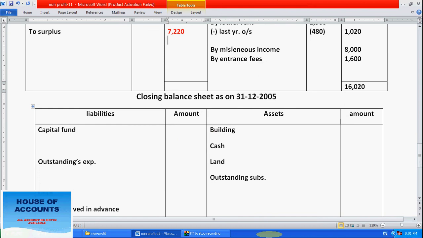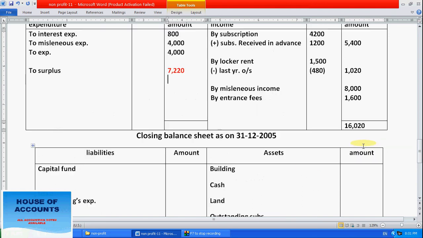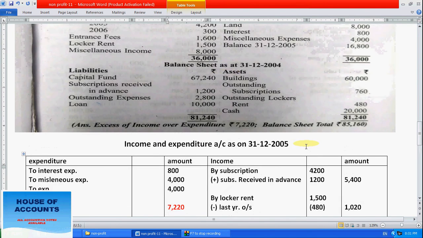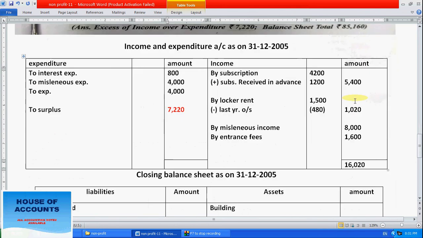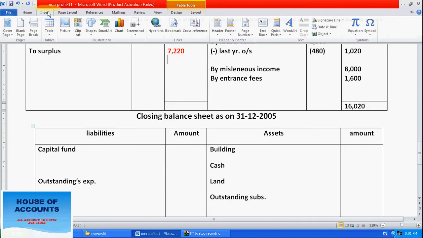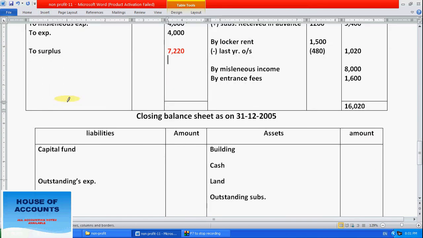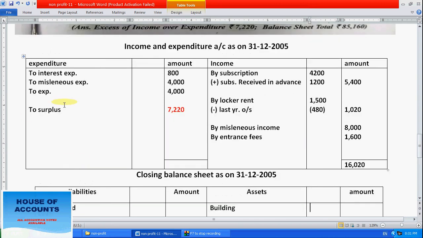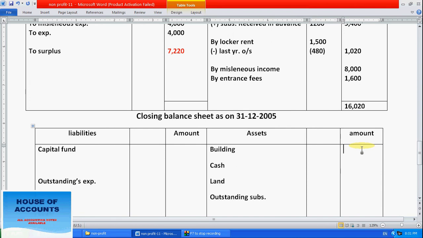For the closing balance sheet, every entry we have to check. First take from the opening balance sheet. Building, how much? 60,000. What we have to do is also add a detail column. Okay, building, how much? 60,000. Is there any depreciation on building? There is no depreciation, so directly write in the outer column.